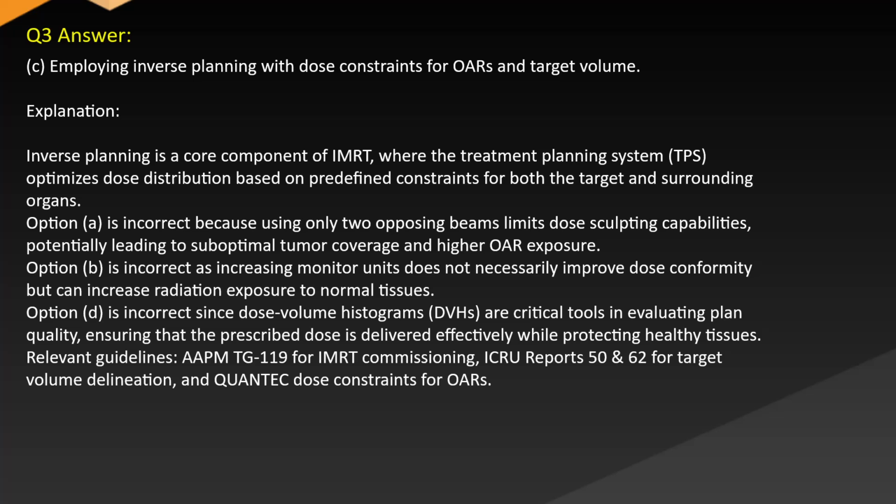Option D is incorrect since dose volume histograms, DVHs, are critical tools in evaluating plan quality, ensuring that the prescribed dose is delivered effectively while protecting healthy tissues. Relevant guidelines: TG-119 for IMRT commissioning, ICRU Reports 50 and 62 for target volume delineation, and QUANTEC dose constraints